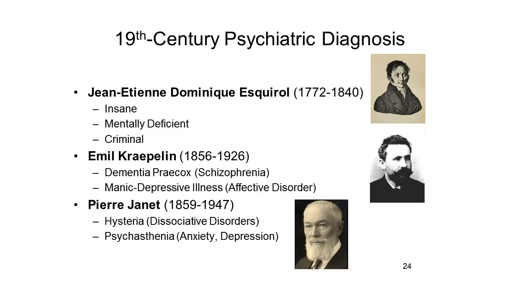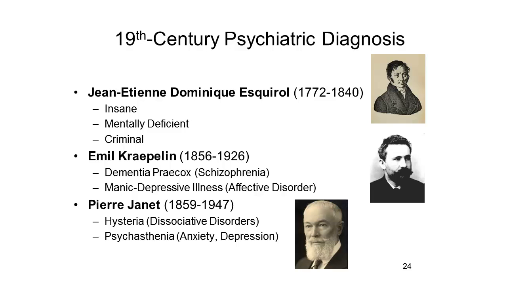that Jean-Étienne Dominique Esquirol, another French physician, in fact a protege of Philippe Pinel, made a formal distinction between the insane, the mentally ill, the mentally deficient, mentally retarded, and criminals. In the latter part of the 19th century, Emil Kraepelin, a Swiss psychiatrist, further distinguished between two different forms of psychosis, what he called dementia praecox, which we now recognize as schizophrenia, and manic depressive illness, basically the major affective